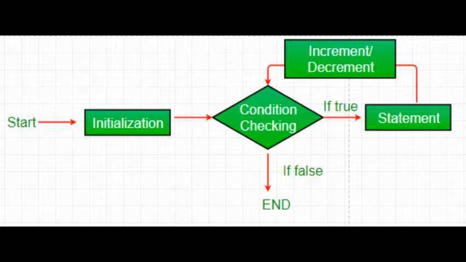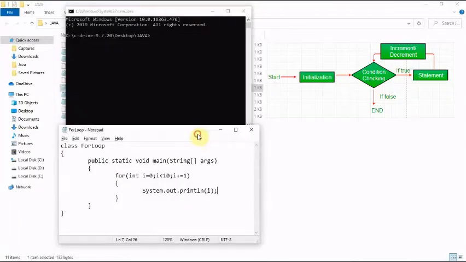Now, if you look at this for loop inside the main function, first we initialize the integer i to be 0, and then we give it a checking condition that i should be less than 10, and then we increment it by 1. i += 1 means that i equals i + 1, so incremented by 1. Now this checking statement is satisfied for the first condition, so it will print i. Then it will increment i, which will turn into 1 and then 2 and so on.